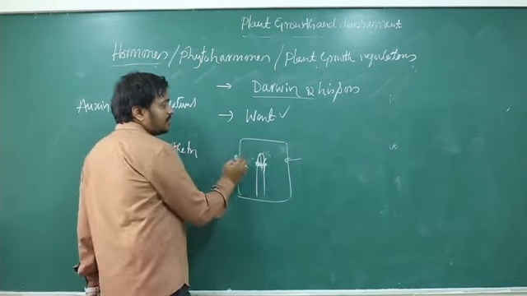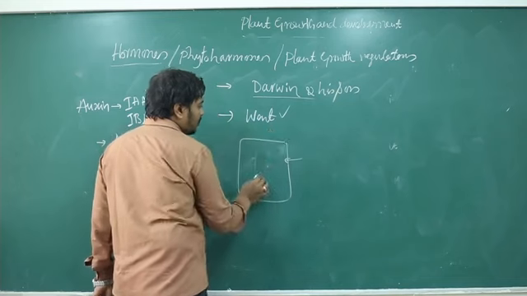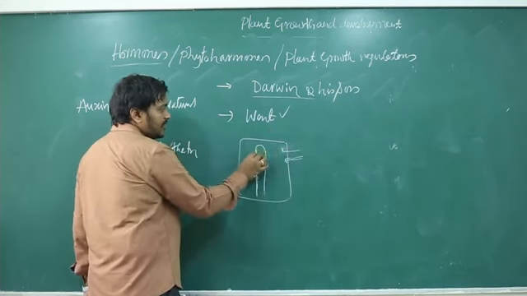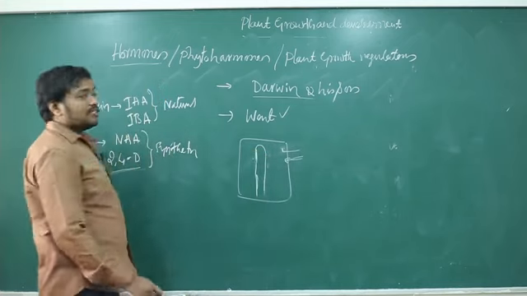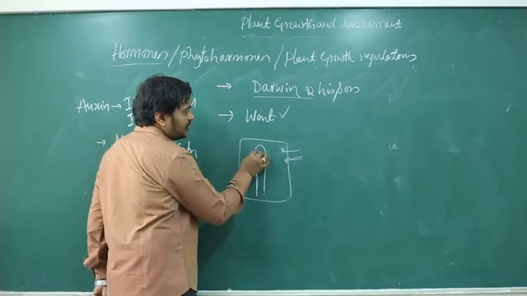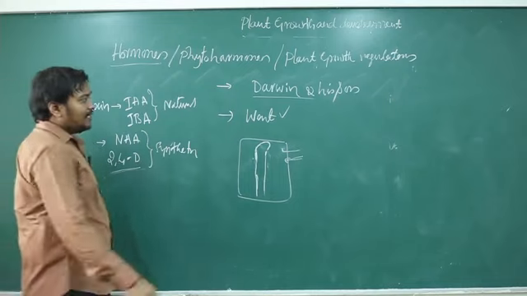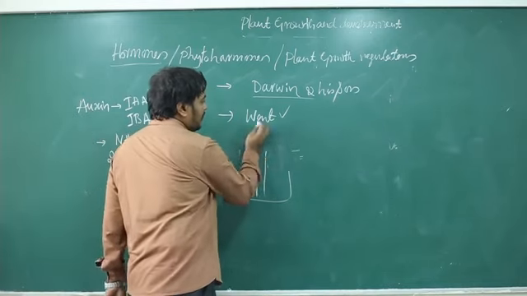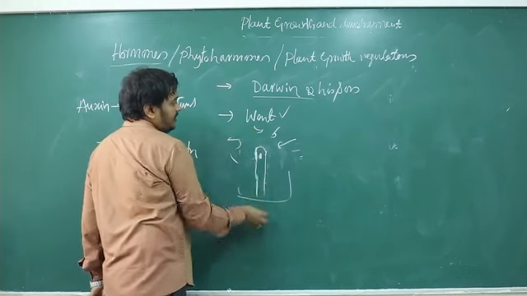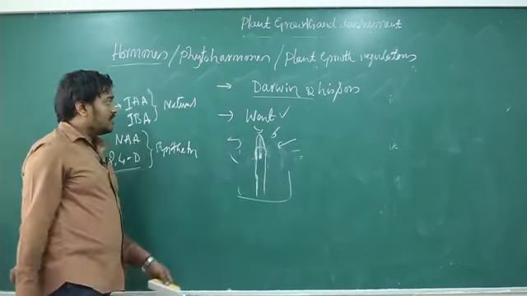So why does the auxin help in bending towards the light? This auxin starts to accumulate away from the light. On the side opposite to where the light source is, accumulation happens. So remember that auxin helps in cell elongation, it makes the cell longer. So elongation does not happen on this side, only one side is elongating, so it starts bending towards the one side. Okay, but in normal growth, when diffused light is present, when light is present throughout, diffused light on all sides, it is present at the center, so it elongates the cell, so it gets elongated. Okay, so this is how auxin shows its activity.